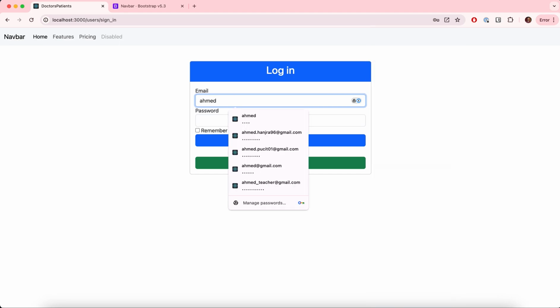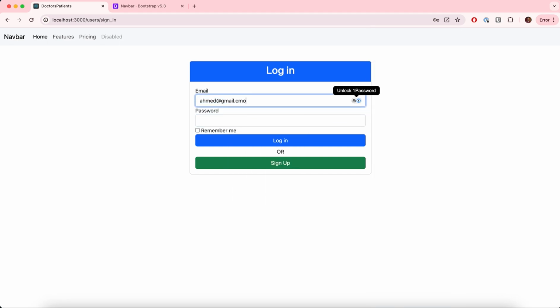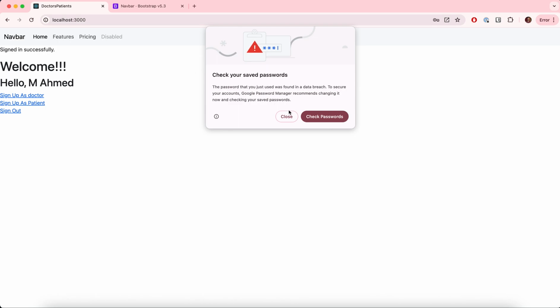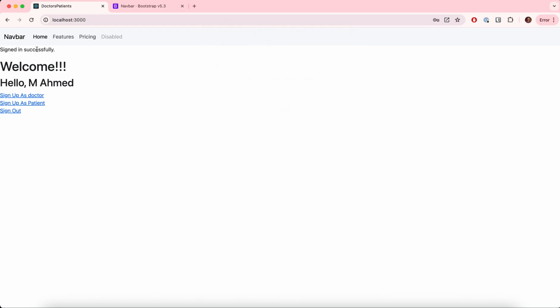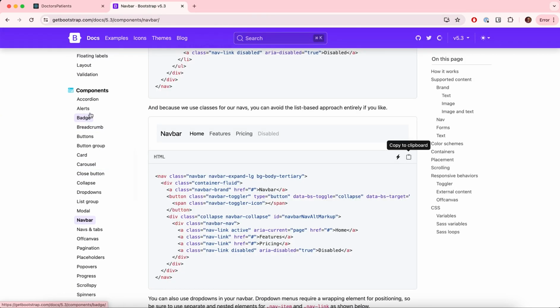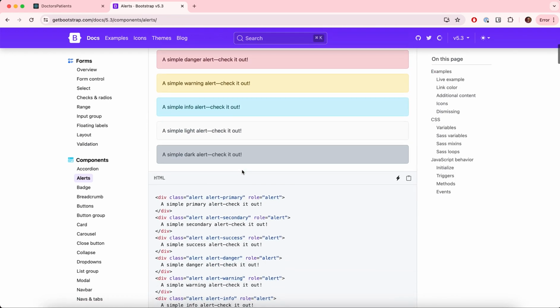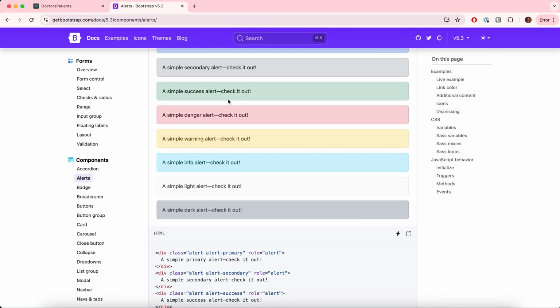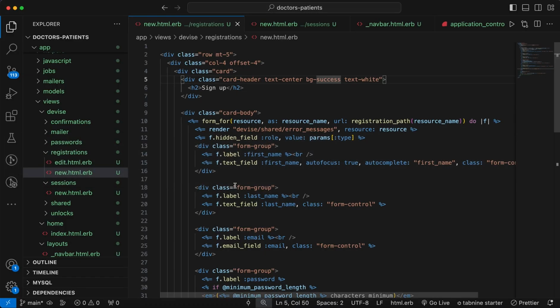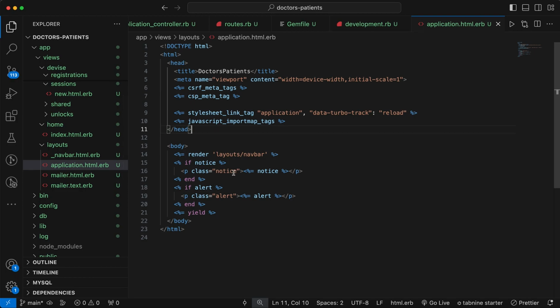Let's try to sign in with the existing account. If I log in, I am successfully logged in, and let's try to style these alerts as well. If we go back here and then search for the alerts, so in the alerts, for the success, let's use the primary and go to the application.html.erb, and then for the notice, let's add a class of alert and then alert-success,